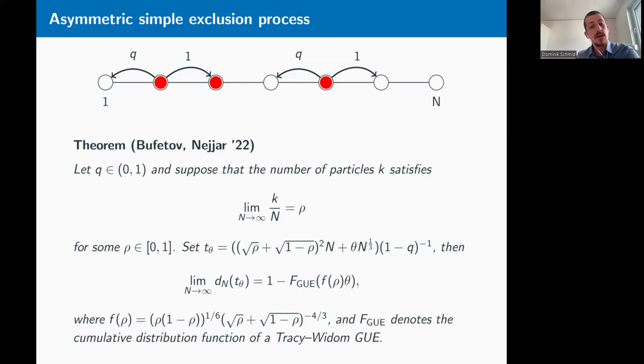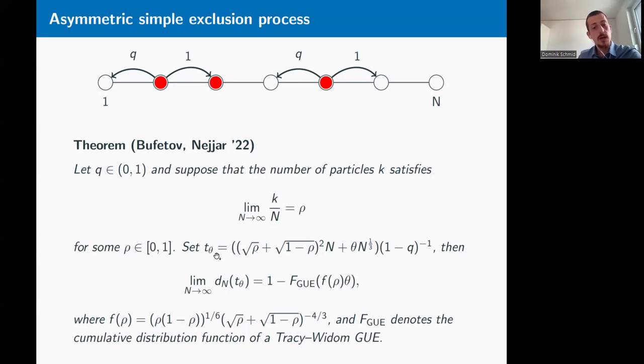And what I mean by this is a theorem, a very recent one, by Alexei Bufetov and Peter Nejad from 2022. So I mean by this that some of the behavior is very different, and there are some other distributions appearing. Before, we had the normal distribution and a Poisson distribution appearing, but now it turns out that if